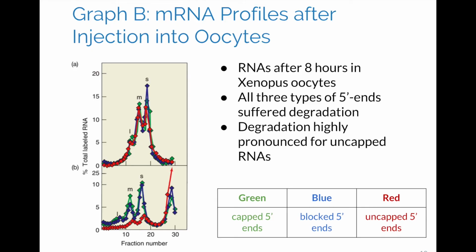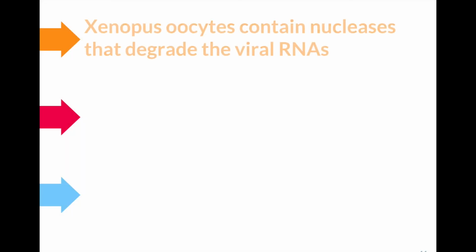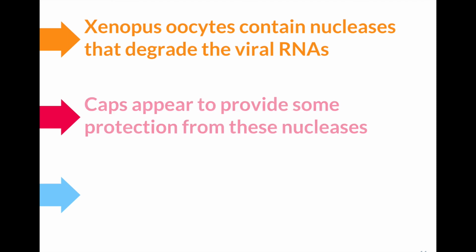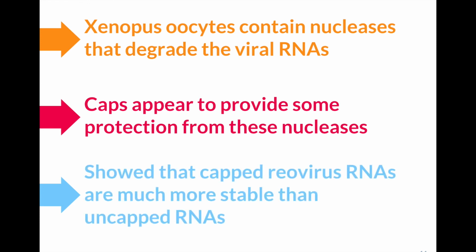So based on these figures, there are a few conclusions that can be drawn. First, Xenopus oocytes contain nucleases that degrade the viral RNAs. After the RNAs were injected into the oocytes, degradation of all of the RNAs occurred, especially for the uncapped RNAs. The RNAs that were capped appeared to provide some protection against these nucleases. Finally, this demonstrates that capped RNAs are much more